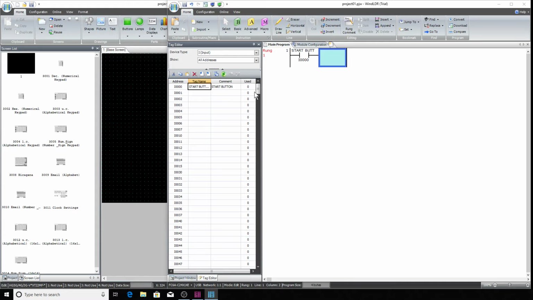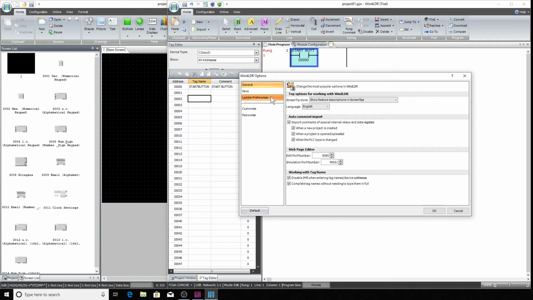If I put a space in there, it won't let me do it because it's got to be a tag name. So you got to do it like this. Then it'll take it. So that's why I don't use those, but I'll show you how to make them display anyways. You go into, just click right up here,